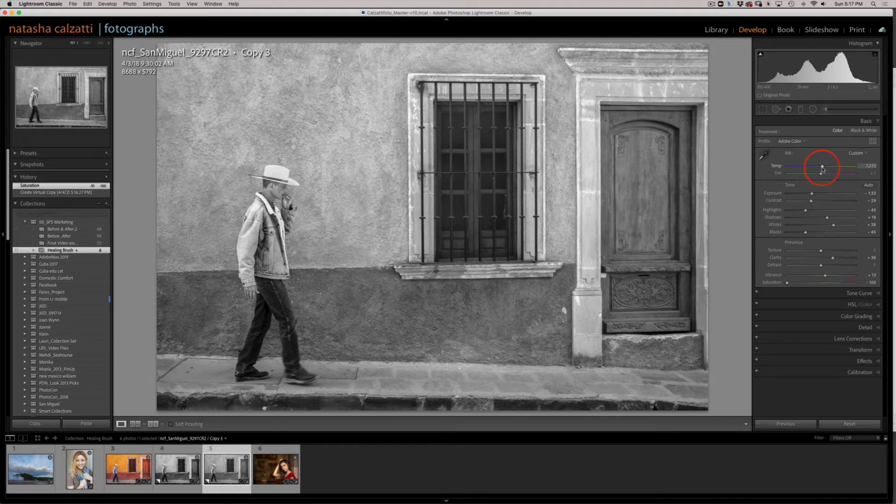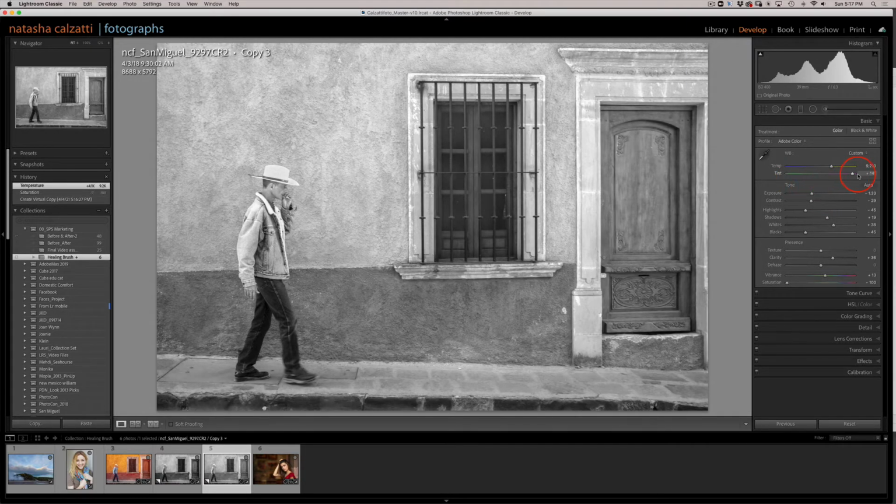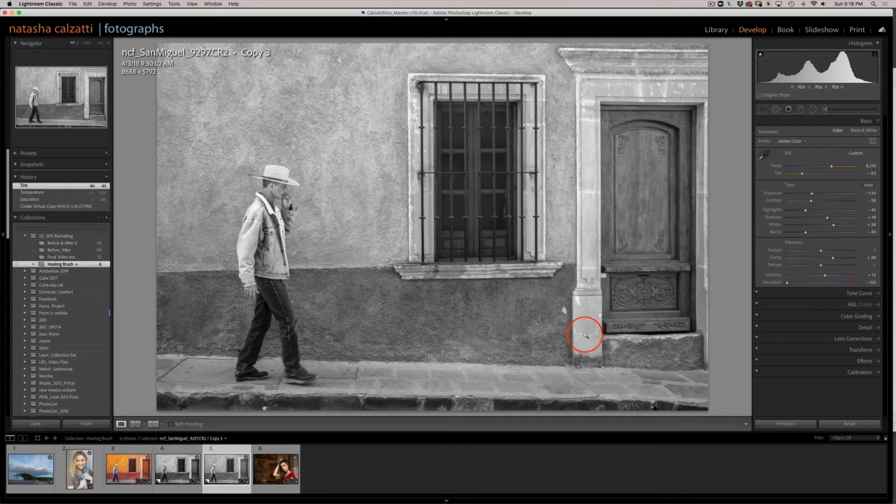So I will actually open up the yellows a little bit, and you might say, well, that's too light, and you're absolutely correct, but I'm going to adjust it. Now green and magenta also will change the levels of contrast, so I'll go ahead and bring my tint a little bit over to the left. Each image is going to be different, obviously, because you are probably not photographing bright orange red walls, so pay attention to your colors. So I got the basic contrast range, and now I'm going to